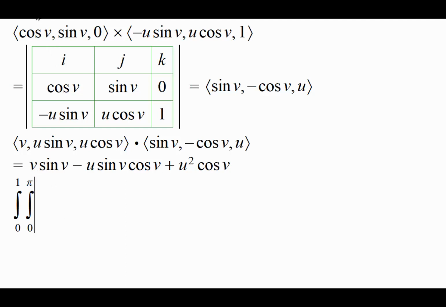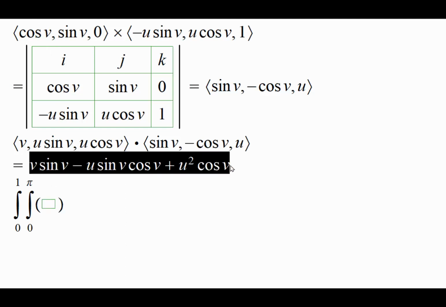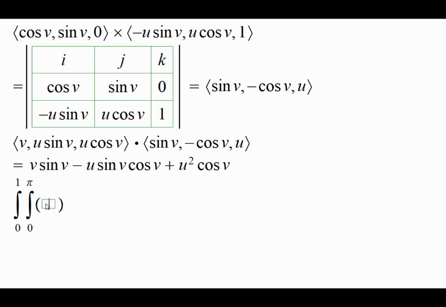Let me put that in a bracket. So we got this, and then we have dv du, right? Okay, so first we shall do integration with respect to v, and then we will go with respect